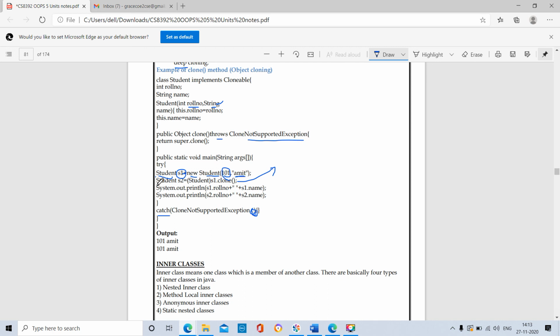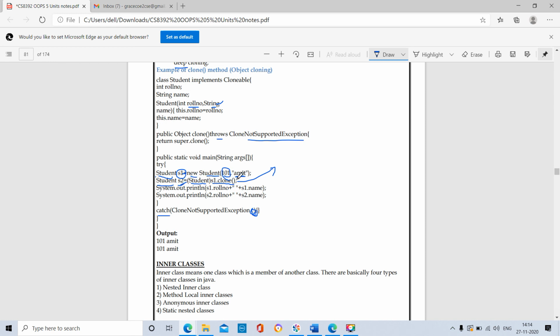Next, Student is the class, and the next object is s2. s2 is equal to s1.clone. So we are copying. By using this statement, we are copying the s1 object values to the object s2.